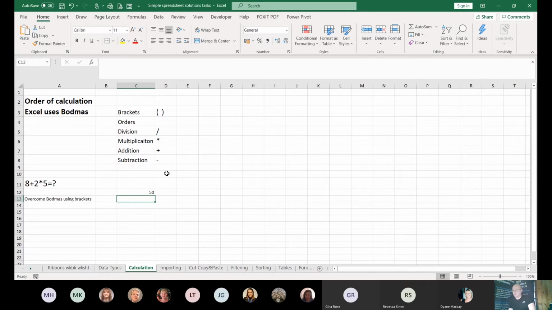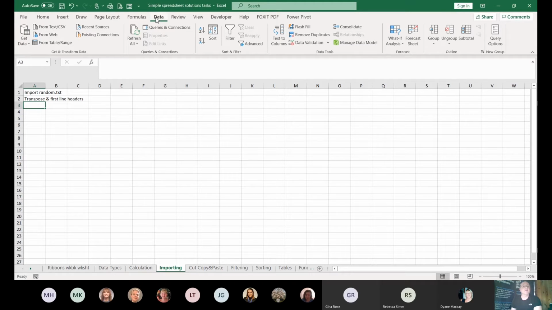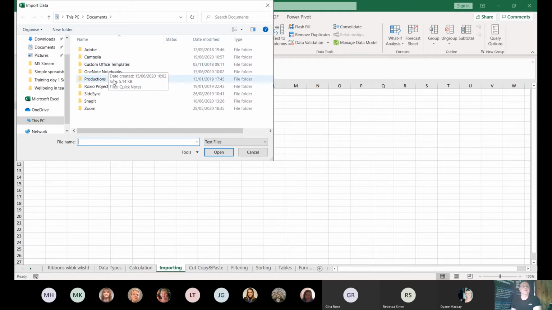Okay, if we move on to importing, it looks like a lot of you haven't done importing. So if you want to import from another data source, usually it's something like a comma separated values file that you've got of a lot of data that you want to bring into Excel. You can go to the data tab, and in the top right you can see you've got data. You can get it from the web, you can get it from a range, you can get it from text or comma separated values. So as an example, if I click on comma separated values,